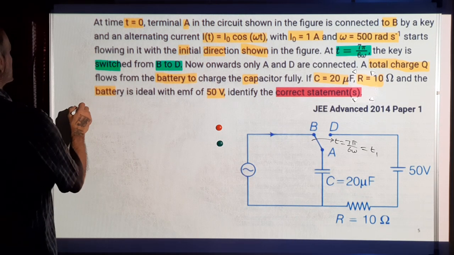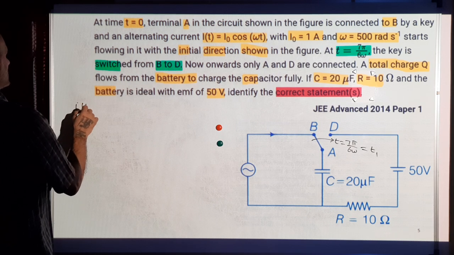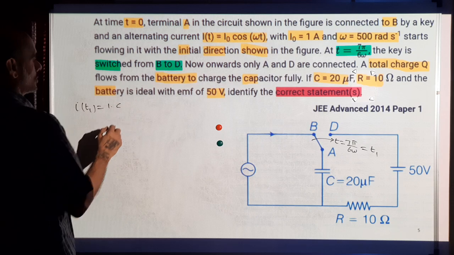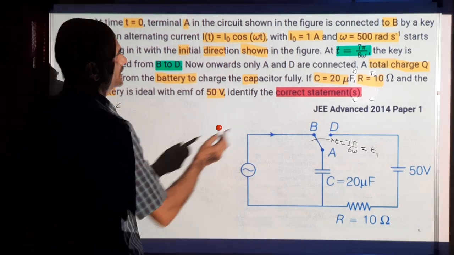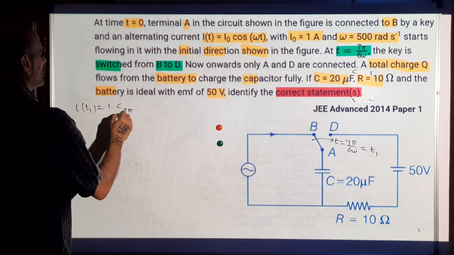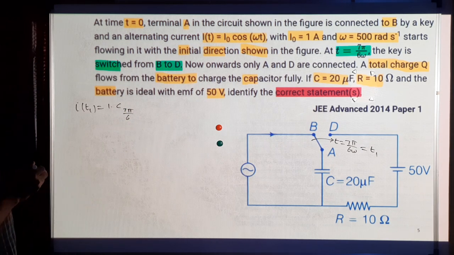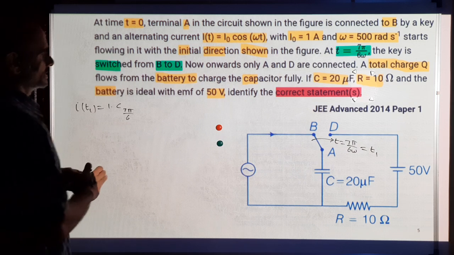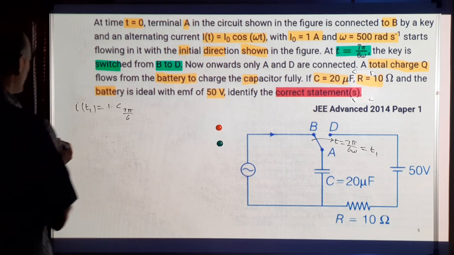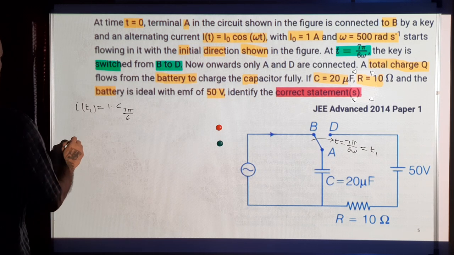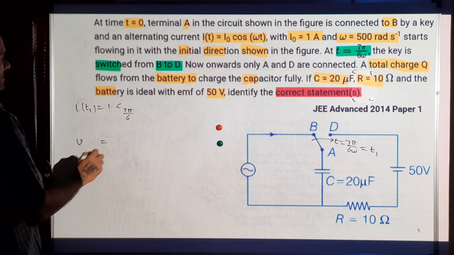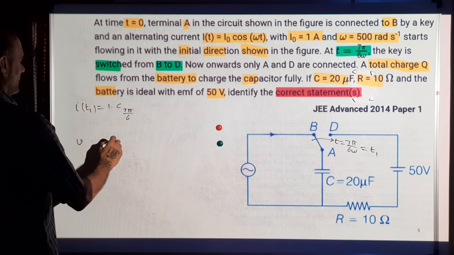This current at that time t1 is I naught into cos omega t, which is 1 into cos omega t. Omega t for this time is 7 pi by 6. So this is the current flowing there. And the voltage across the capacitor will have a maximum value,